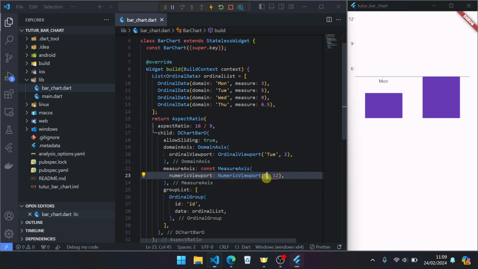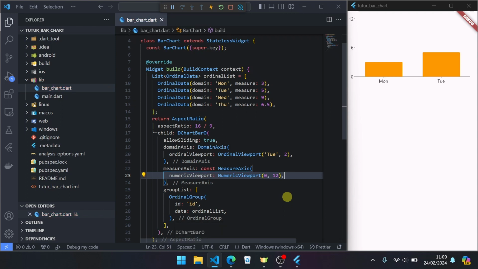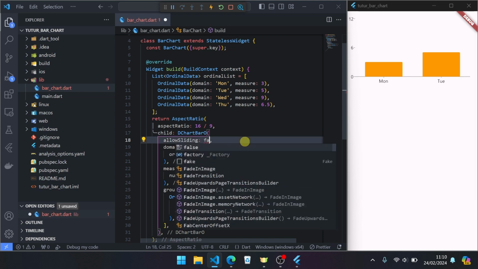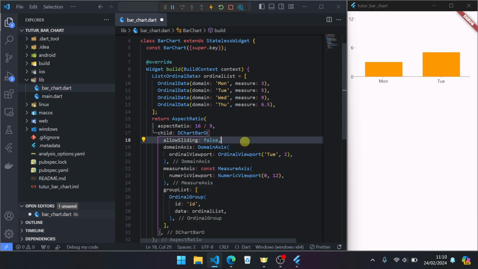So for safe view, you can set it to 0. Okay, next we can go back to default, false, and then measure axis, ordinal viewport, comment, save.